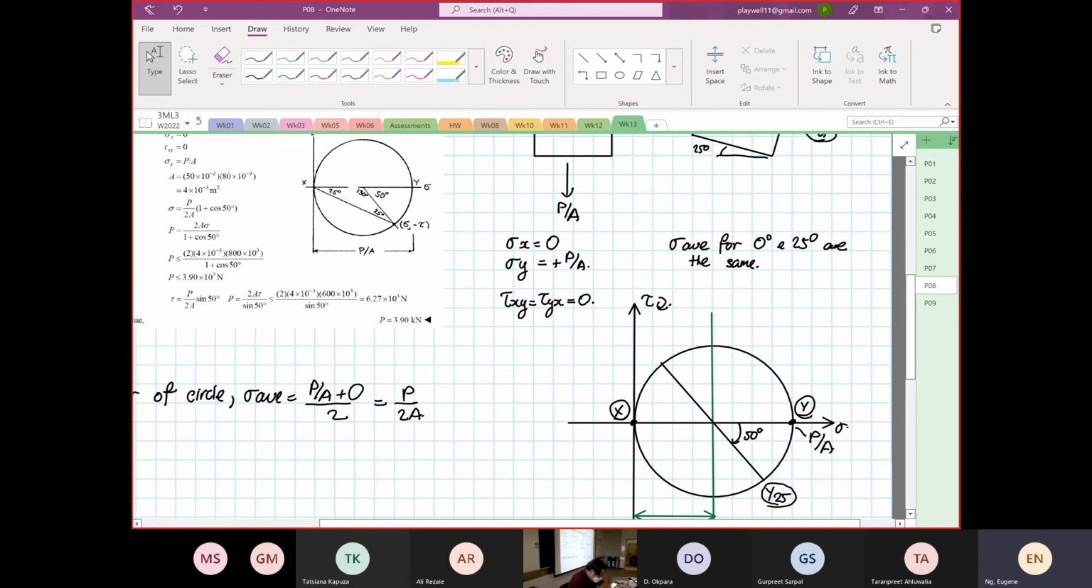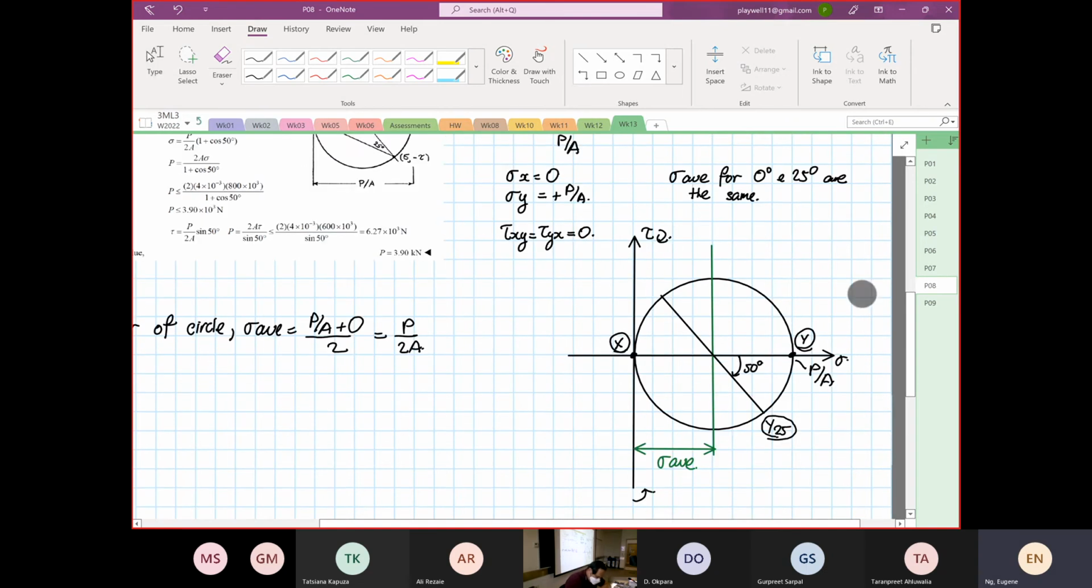I also don't know what that value is. For now, I'm drawing a blank down here. What is this P over A? But I know where it is going to rotate from. It rotates from P over 2A. Okay, so for now I can